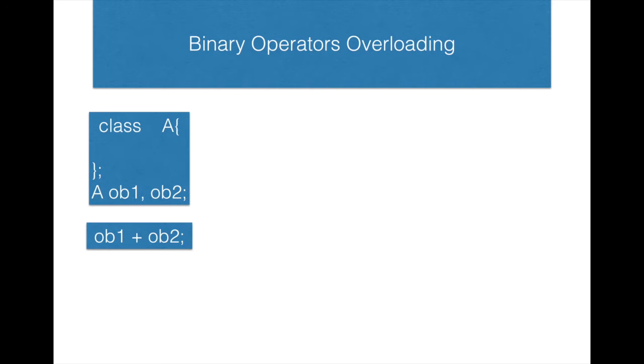So we have to provide that extra meaning to the plus operator by overloading it. Overloading in the sense that actually it has a defined role, that is to add two numerical data. But if we want to add two objects, we have to provide that extra meaning to plus. So how it can be implemented in C++, we are going to see right now.